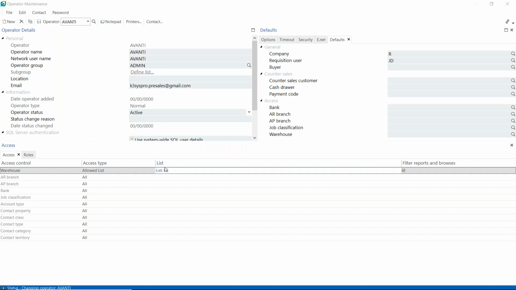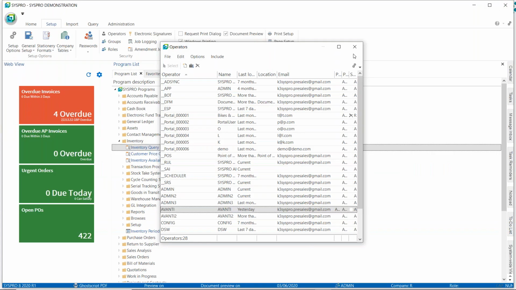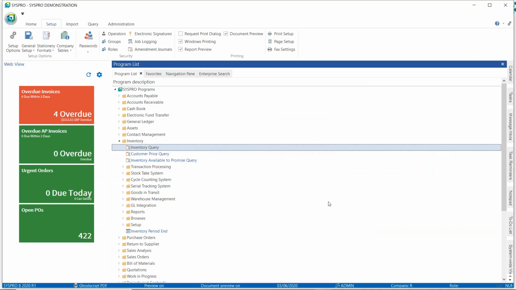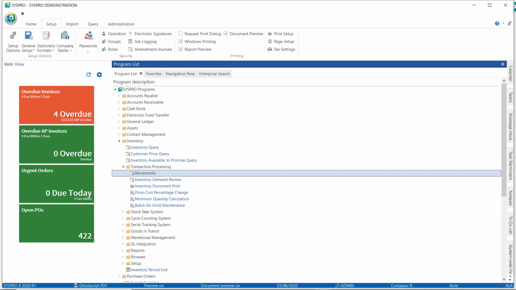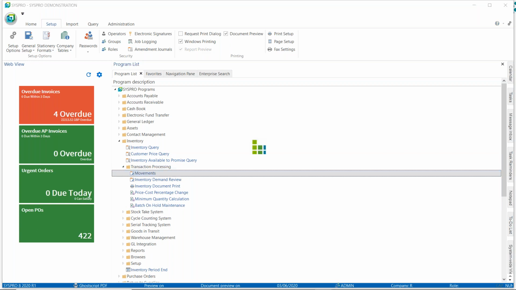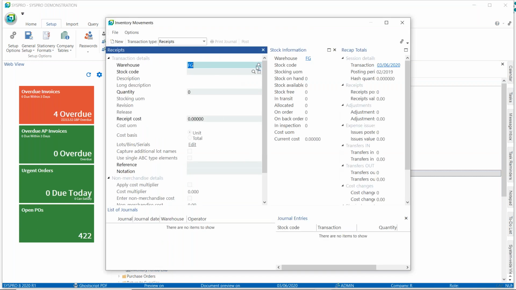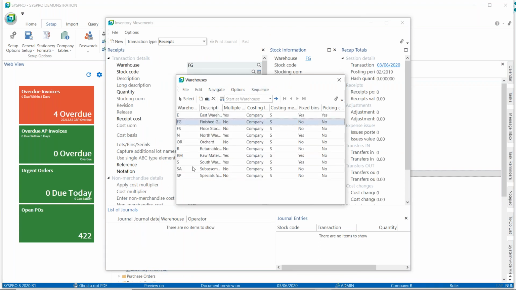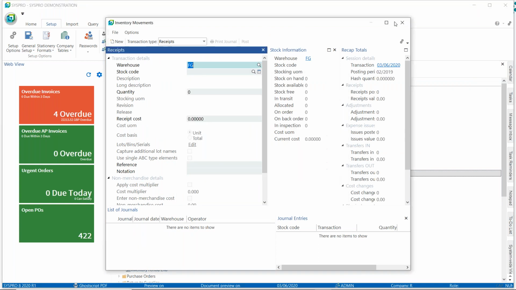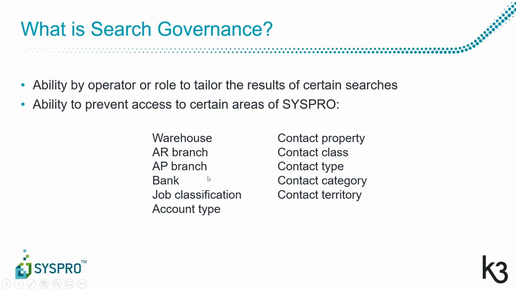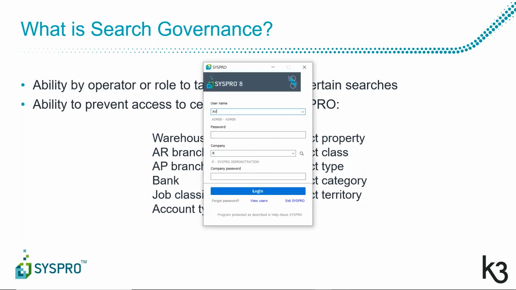So now I've configured my Avanti user here to only look at warehouse FG. I will just show you how that looks. So I'm currently logged in as admin. If I do a movement and I browse on my list of warehouses, I can see multiple warehouses. If I log out and log in as my user,